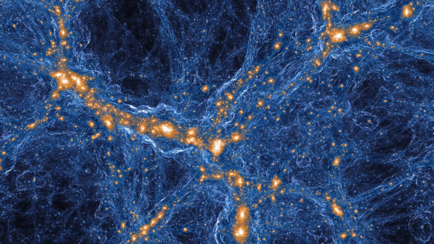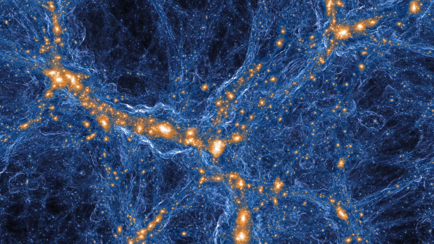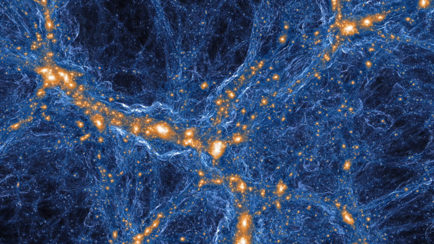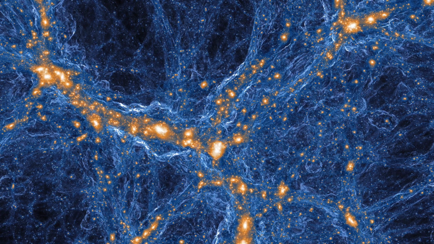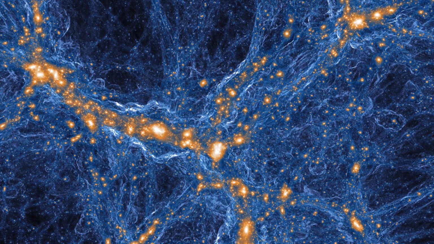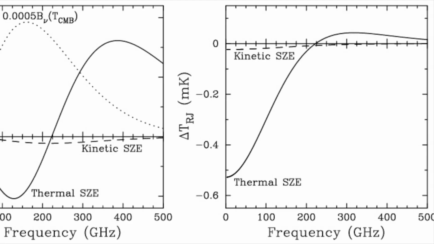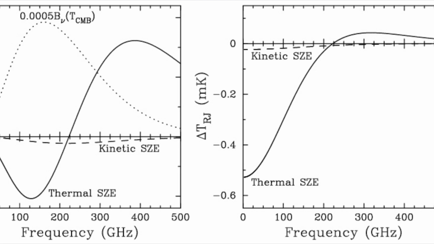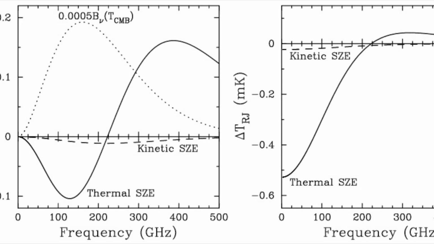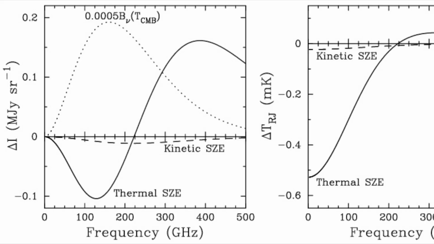Hydrodynamic simulations of structure formation are being studied to gain data on thermal and kinetic effects in the theory. Observations are difficult due to the small amplitude of the effect and the confusion with experimental error and other sources of fluctuations in the CMB temperature. To distinguish the SZ effect due to galaxy clusters from ordinary density perturbations, both the spectral dependence and the spatial dependence of fluctuations in the cosmic microwave background are used.